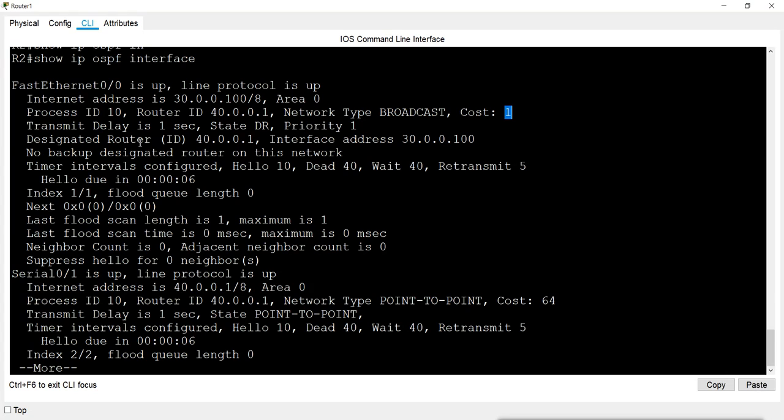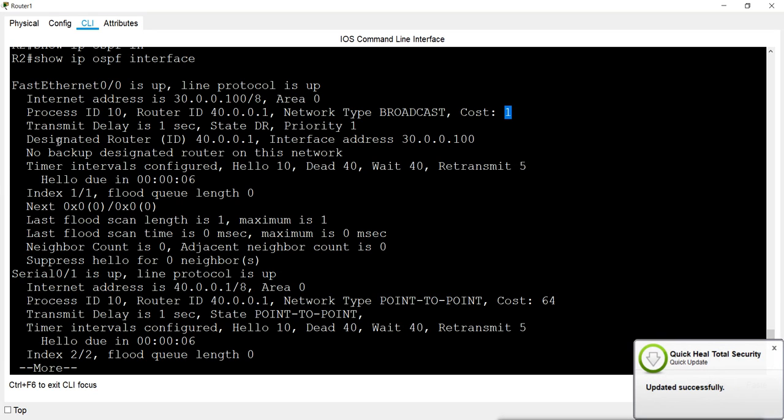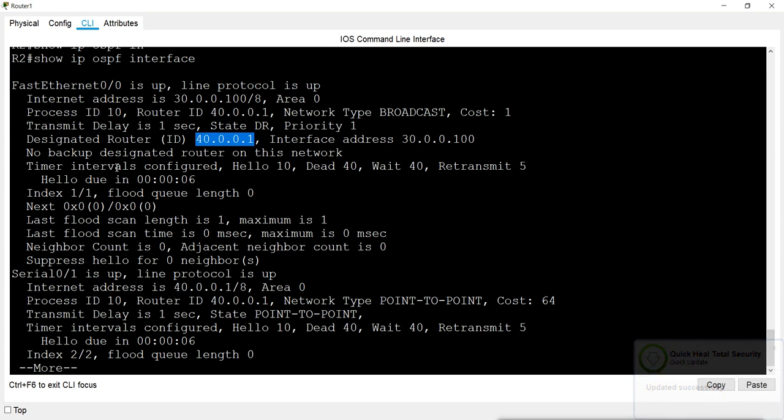Now it is showing the designated router also. The designated router ID is this DR. So this is our DR. The interface address is this. No backup designated router on this network. There is no backup designated router available.